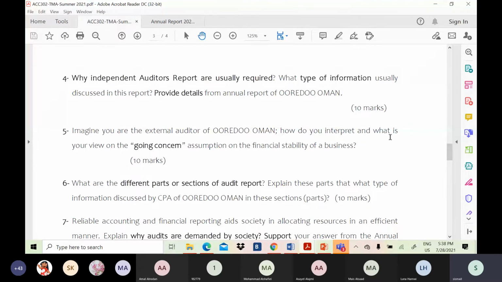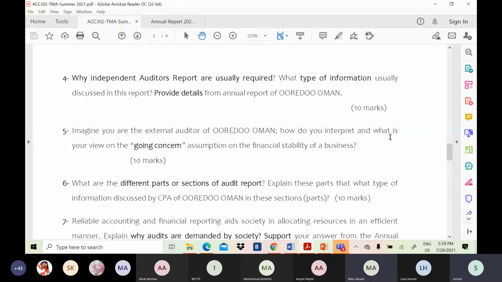فاهمين المعنى؟ يبقى السؤال الخامس بيقول لحضرتك اشرح لي، عرف، فسر يعني ايه حاجه اسمها going concern assumption، مبدأ الاستمراريه، ودعم اجابتك دي من الانوال ريبورت. هات لي باراجراف شوف الاوديتور بيتكلم ازاي عن الجوينج، هل الشركه دي مستمره الحمد لله وضعها كويس، ولا لا قدر الله ممكن تخرج من السوق او تصفي something like this يعني. اوكي؟ ها is it clear؟